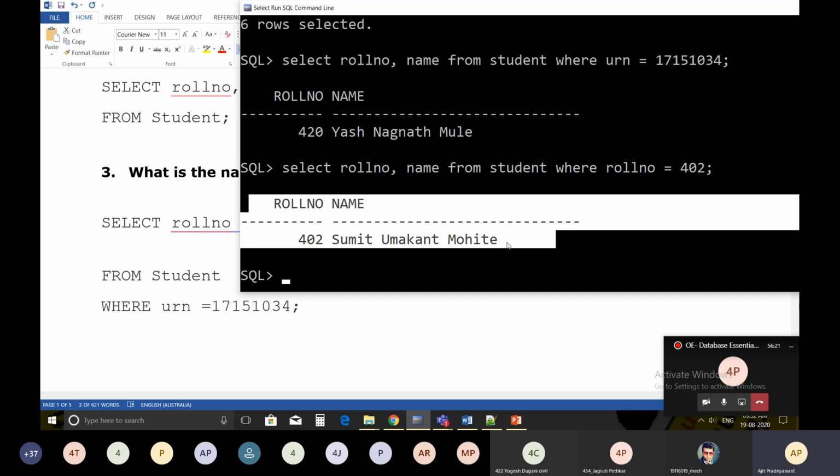So this is the way to query over the database using select, from and where. Understand these three words: select, from, where. If you understood this, unit number 3 is easy for you and it's quite interesting to query over the database using these clauses.